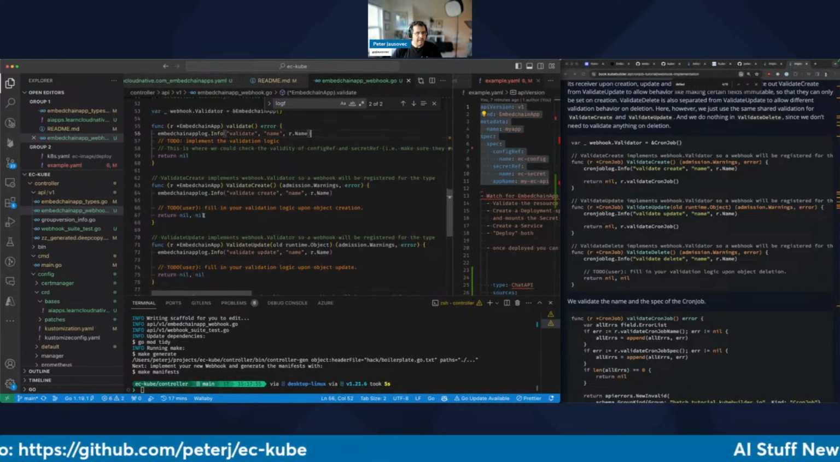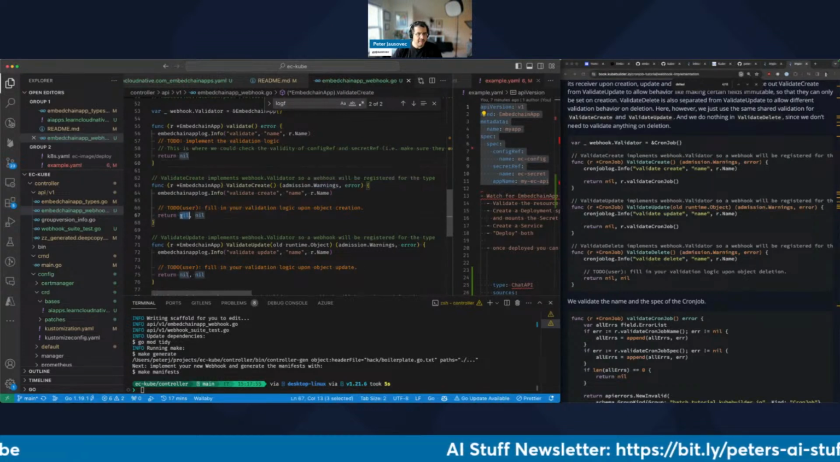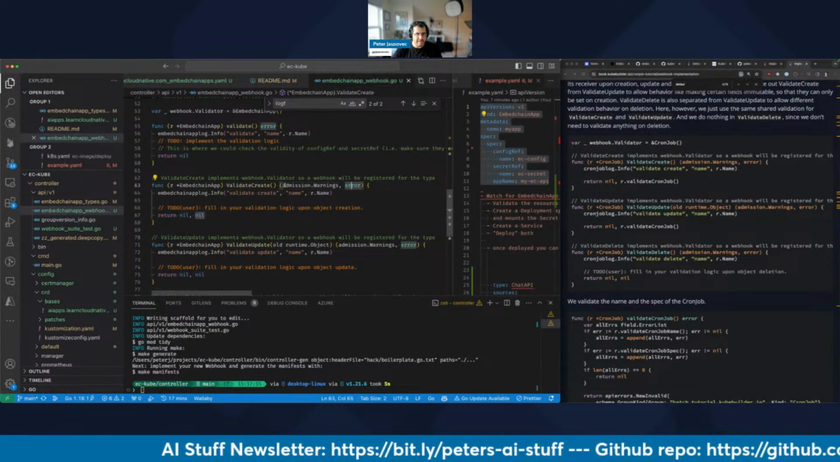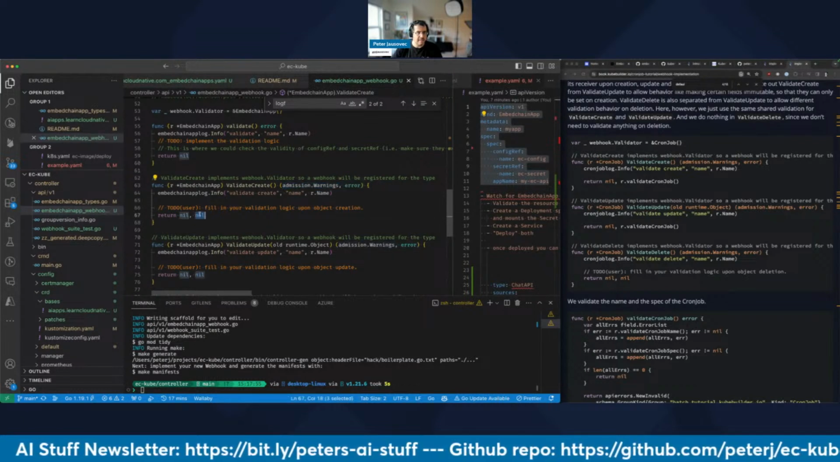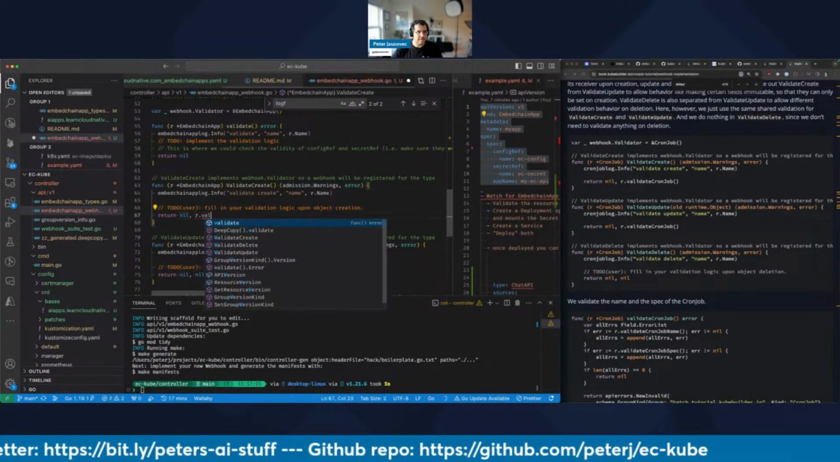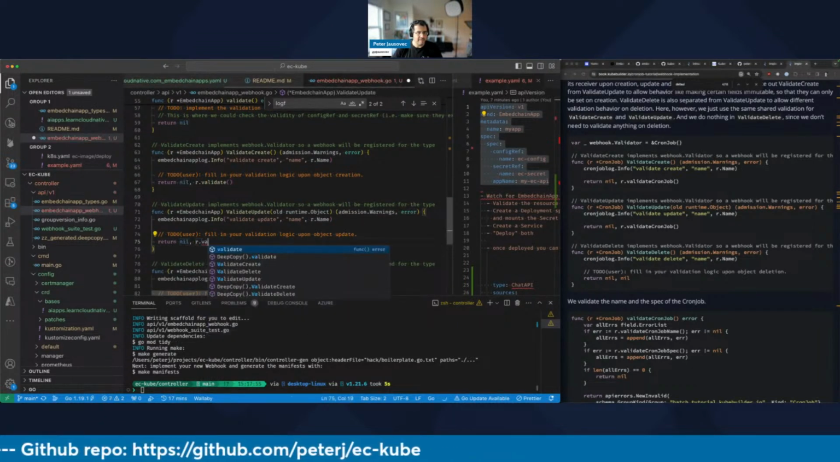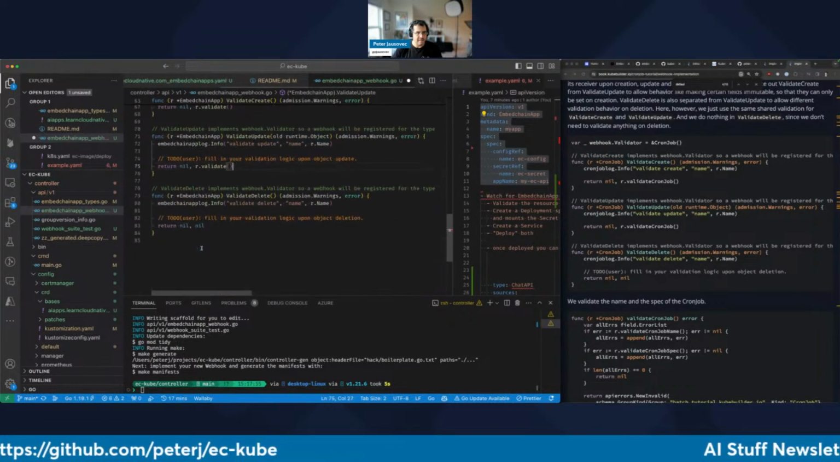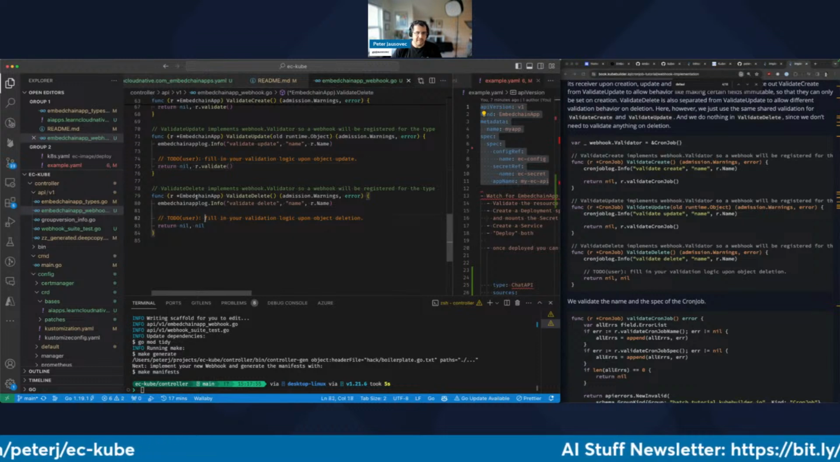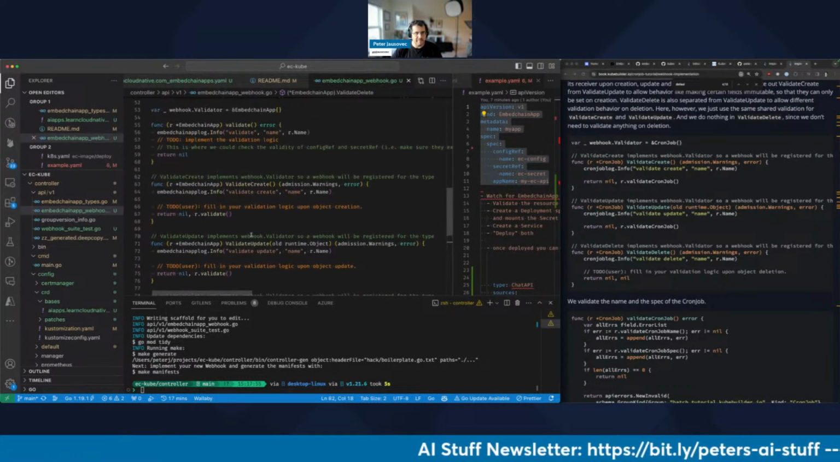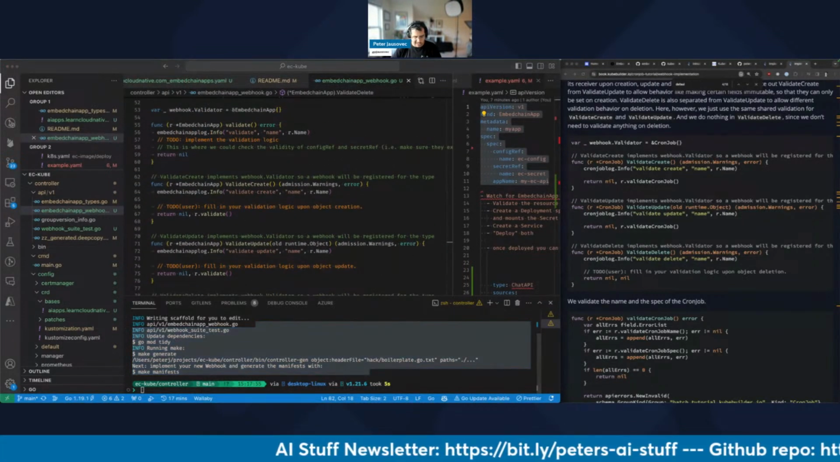All right, and then we're going to call it here. So this one returns any warnings if we wanted to return warnings or if we wanted to return errors, right? So these are two return types. And in this case, we'll just do r.validate. Same here, r.validate. And then on delete, we're not going to do anything. Not that we're doing anything on update or create either, but